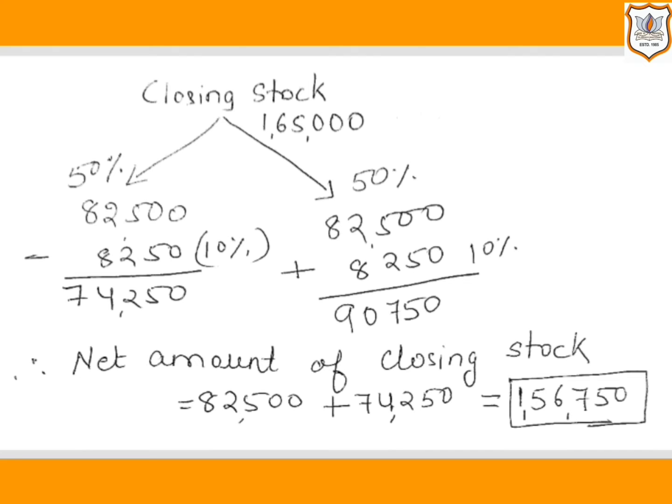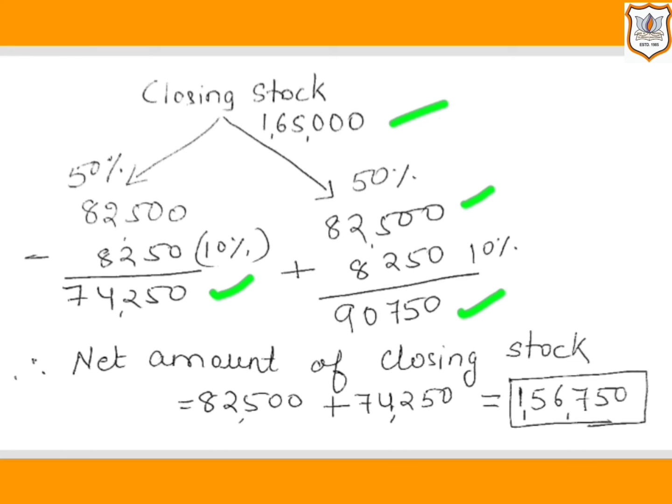So let us see the calculation here. It is given that closing stock of 1,65,000, out of which the market value of 50% of stock is 10% more. So 50% of 1,65,000 is 82,500 and the market value of this portion is 10% more. That means 82,500 plus 10%, that is 8,250, is equal to 90,750. So the market value of this portion is 90,750 and the market value of the remaining goods is 10% less. That means 82,500 minus 10%, that is 8,250. So if we deduct it, we will get